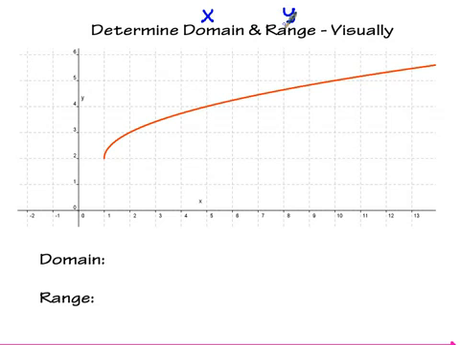Your domain is actually any x value that I can plug into my function and receive some sort of y value. Alright? Same thing with your range. If I plug in an x value and I can get something out of the function, all those values represent the range. The easiest way to determine the domain of the function is to take a straight edge, your ruler or a pencil,